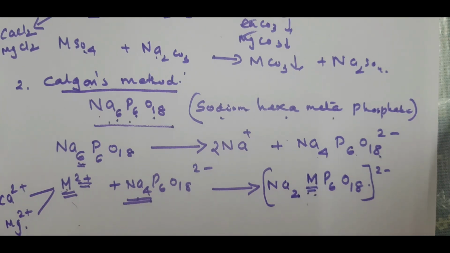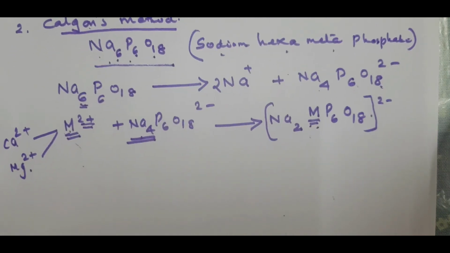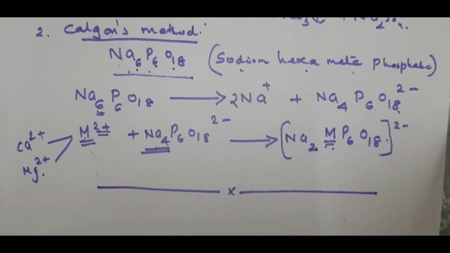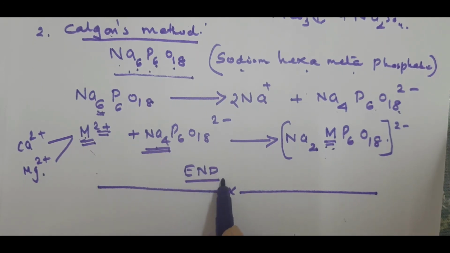Two more methods are there in your textbook. If you want, you can refer to that, but this is enough for you. So here comes the end of this hydrogen chapter. The rest is hydrogen peroxide. The preparation, properties and the storage are deleted for this year. So the hydrogen chapter is over. Next session we will have the new chapter, that is S block elements. Hope you understood. Prepare your notes. Till then, thank you.